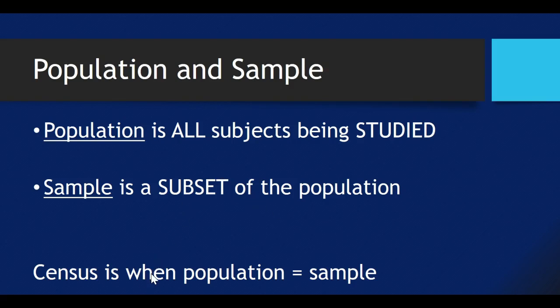And then obviously a census is when the population and the sample are the same group. Okay. So every 10 years, the US does a census, and we try to study the population of the US by using everybody in the US. So making our sample everybody in the United States. Now, we don't do it perfectly, but we do it better than practically anywhere else in the world for such a highly populated country that we have.